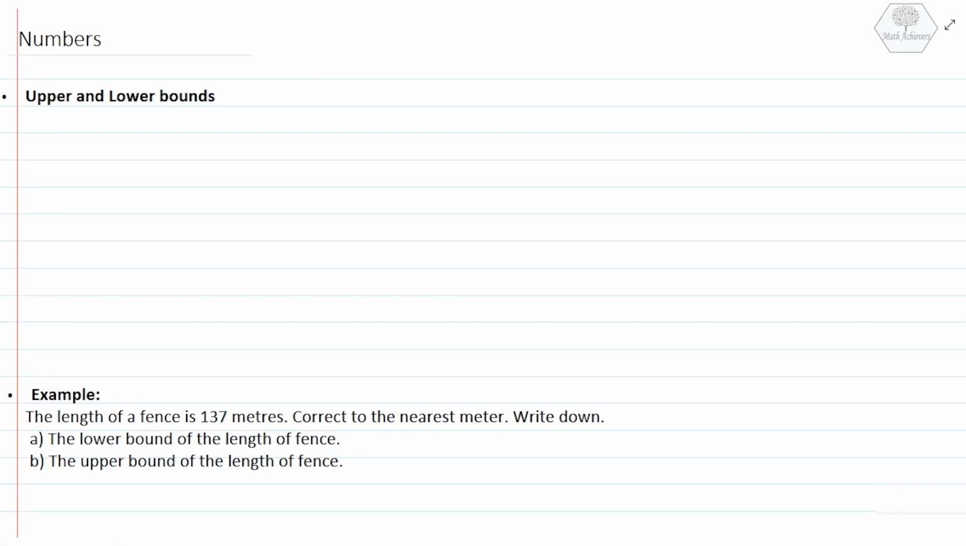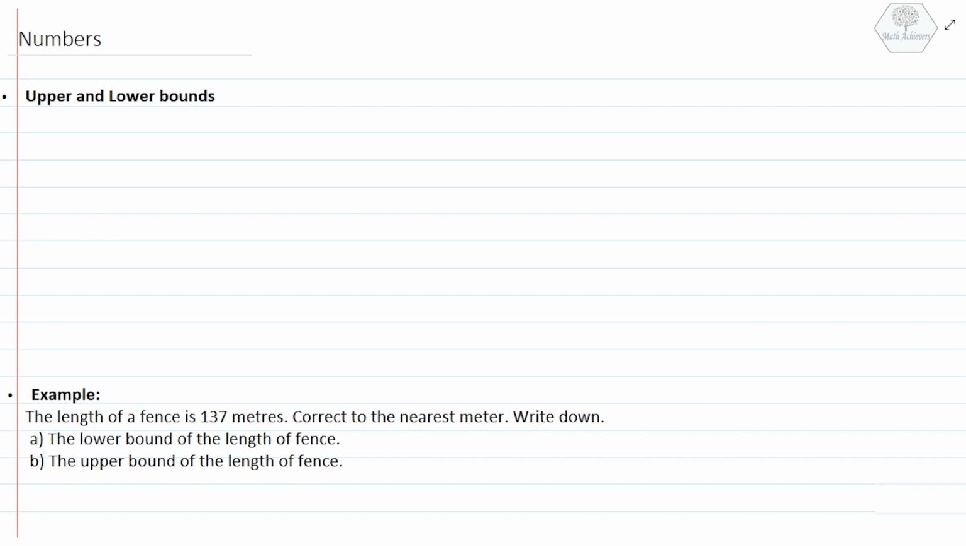and talk about the upper and lower bounds. What does the upper and lower bounds mean? The upper and lower bounds is always about the estimation. So, if I tell you that